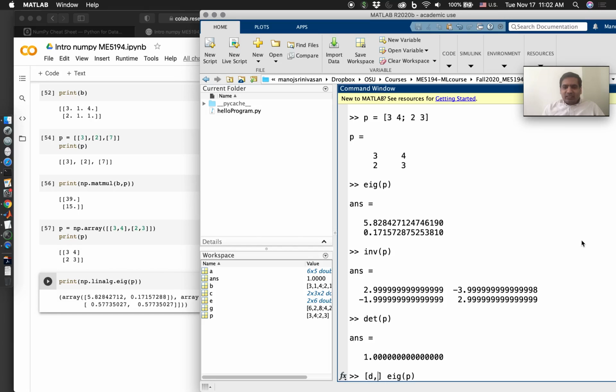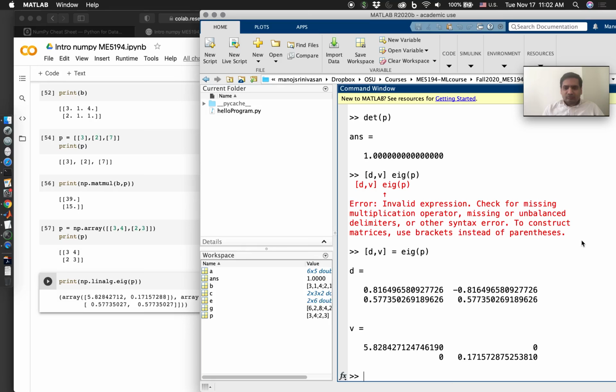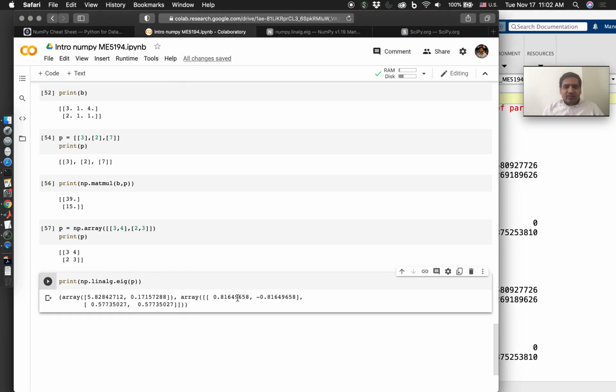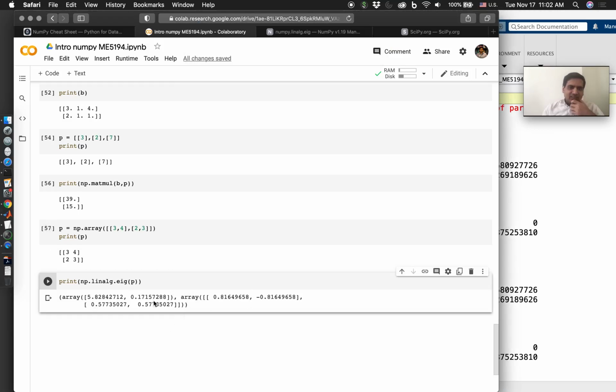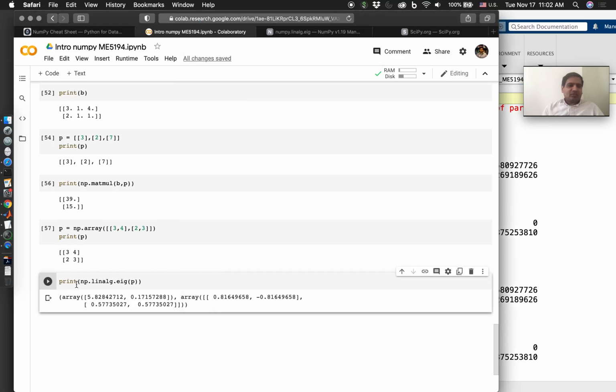So in MATLAB, we can go d comma v. I guess v comma d in MATLAB: the eigenvectors and then the eigenvalues. So these are the eigenvectors. The columns are the eigenvectors, and the diagonal of this matrix are the eigenvalues. Here again, the second array, the columns 0.8 and 0.577, are the eigenvectors, and these are the eigenvalues. So we've now made a correspondence between the eig function in MATLAB and this function in Python,